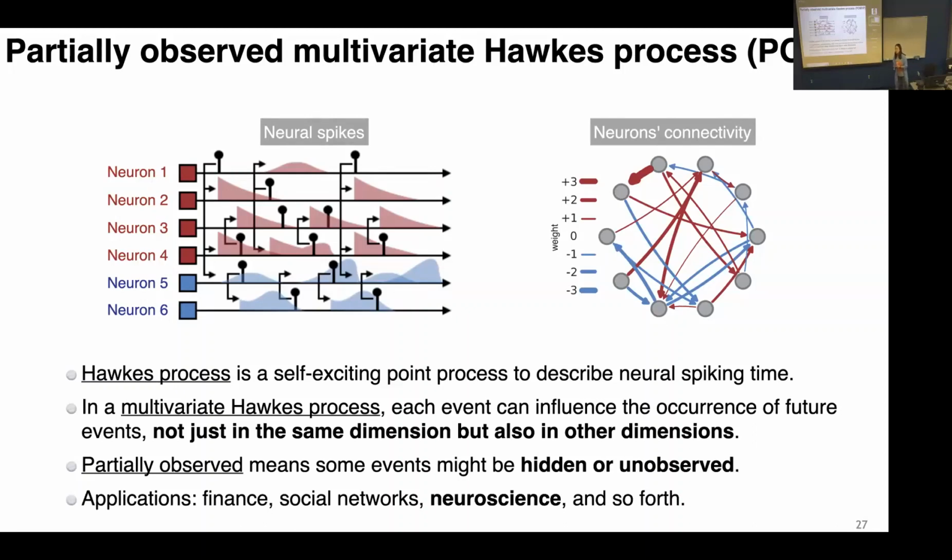Question? Is it similar to a graph neural network, the multivariate Hawkes process? It's not a graph neural network. I think a graph neural network mainly focuses on building the graph and learning message passing. I mean, there are connections, but I wouldn't say that's the same thing, because especially in the Hawkes process, there is a lot of emphasis on